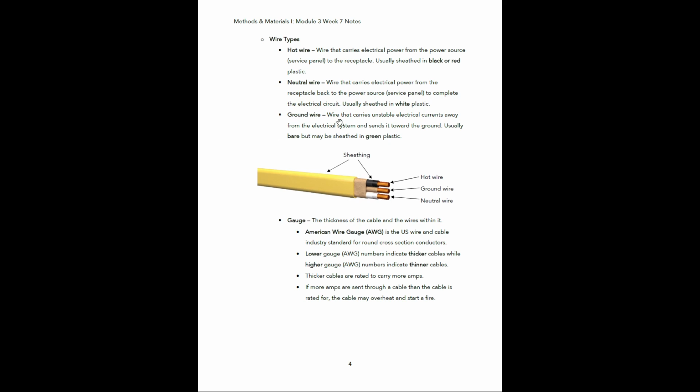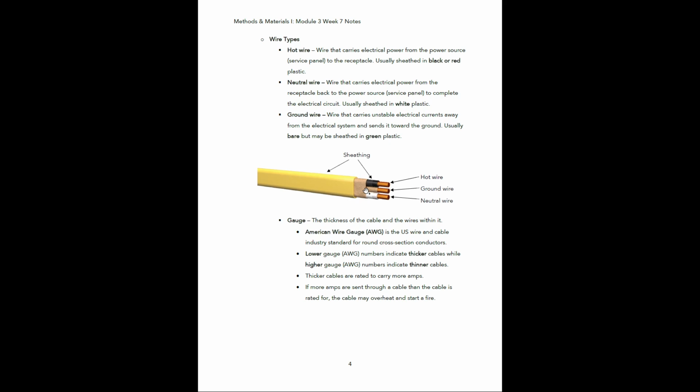And then we have the ground wire, and that's going to carry an unstable electrical current away from the electrical system and send it downward toward the ground. Usually it's going to be bare, but it may also be sheathed in a green plastic. All right, so in a Romex cable, this is what your ground wire is going to look like. It runs between the hot wire and the neutral wire, and it's usually